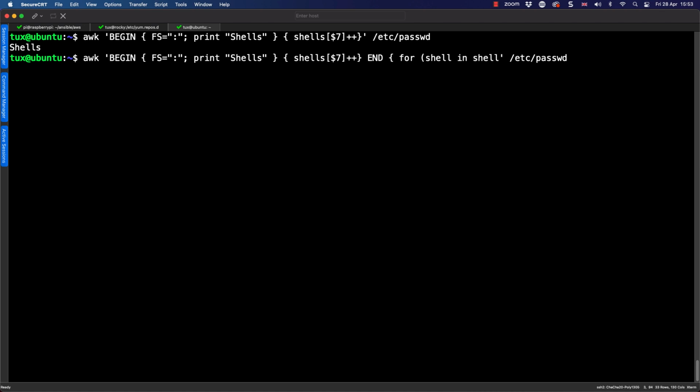That's just a temporary variable that I am creating inside of the shells array that we created before. And then we specify what we want to do for each shell that we find. And of course, we want to go through and print them out. So back into our print function. And then we want to print out the shell singular variable.